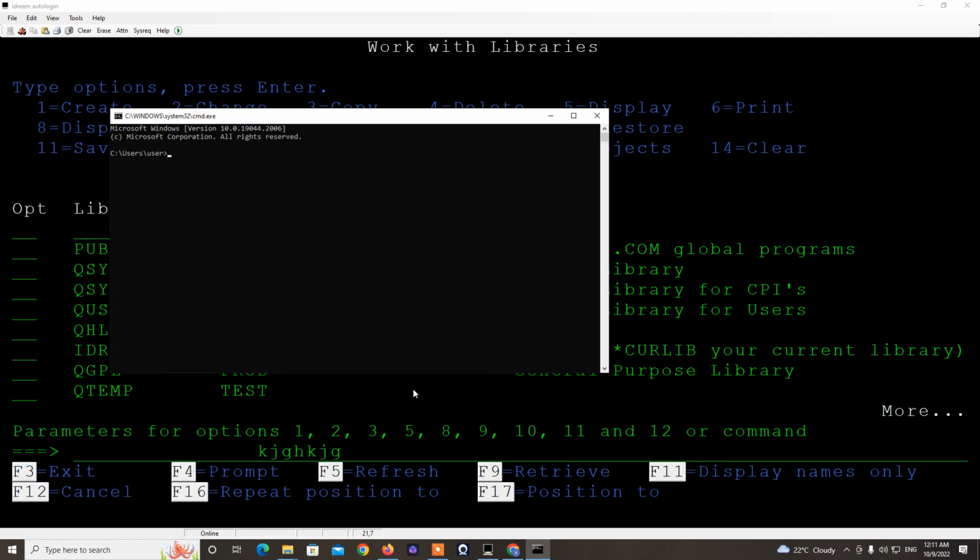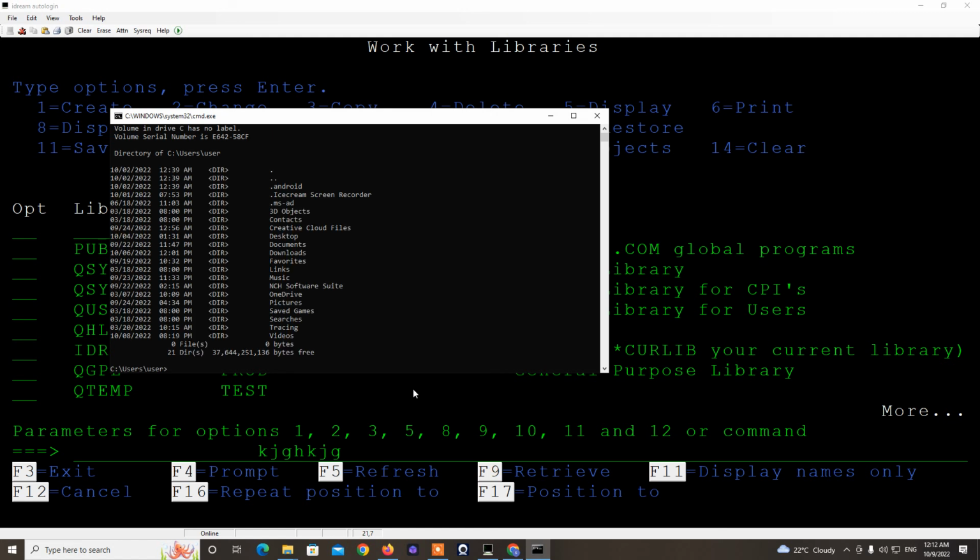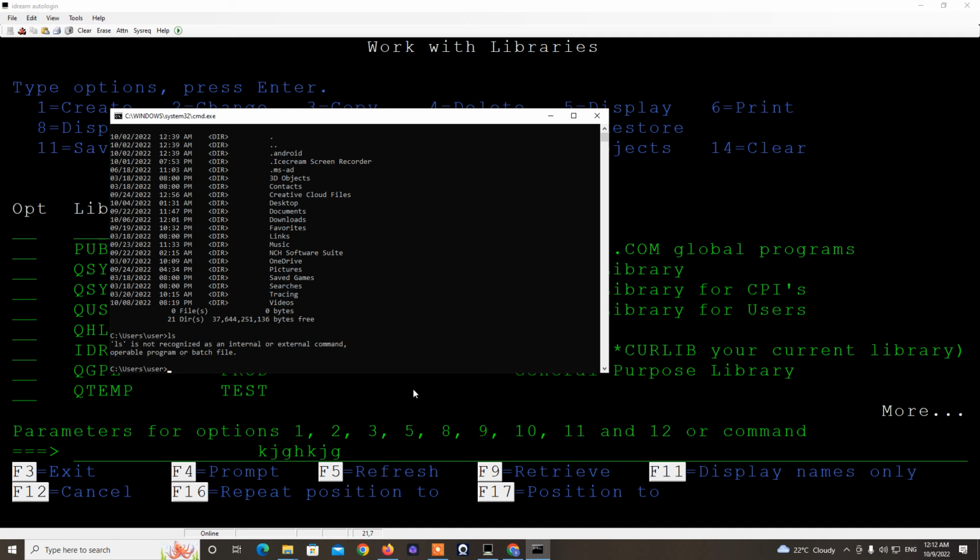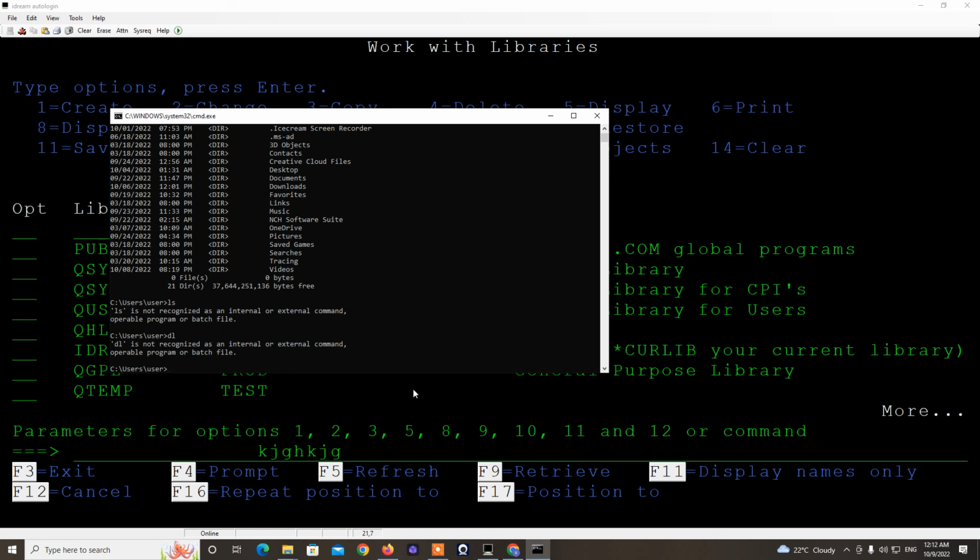dir for directories, and ls, it will not work. dl something, it will not work. See, now if you want to retrieve the previously executed command from this command prompt, I can press the right arrow, left arrow, up arrow, or down arrow. See, this is the right arrow I have pressed, and if I press page up, up arrow or down arrow,